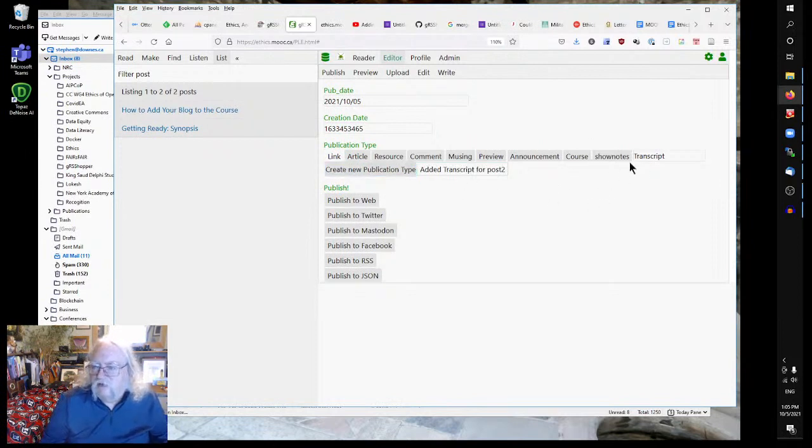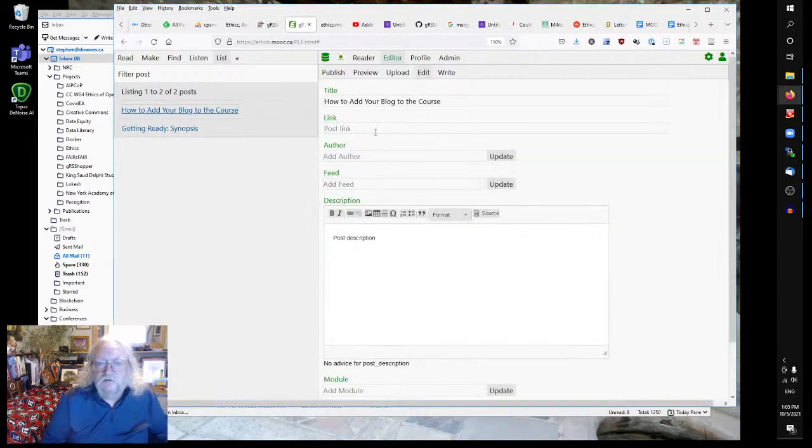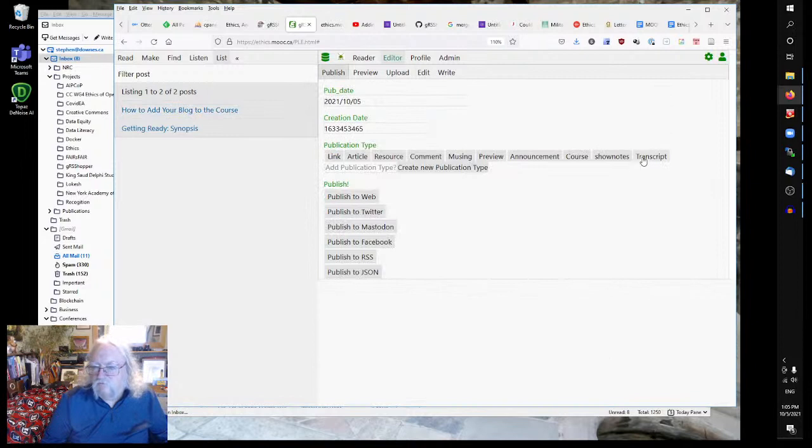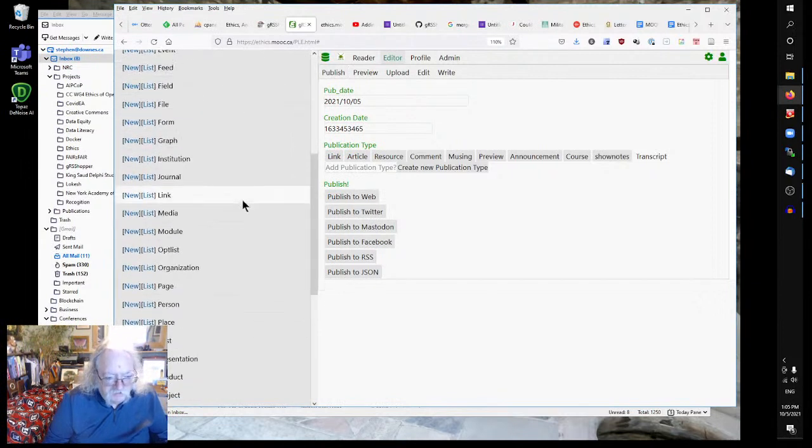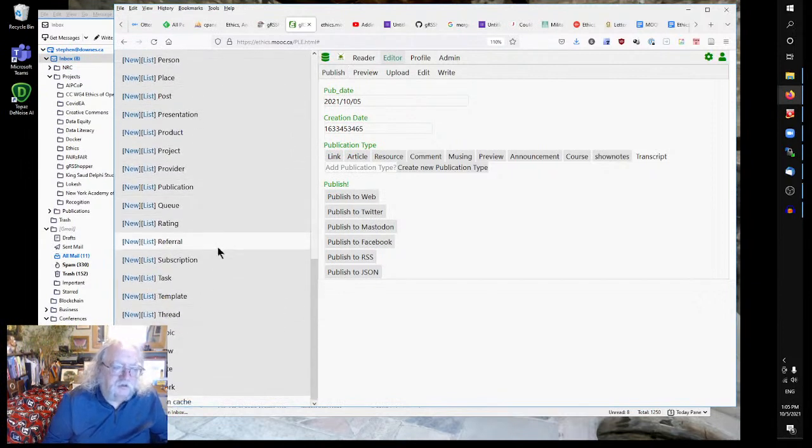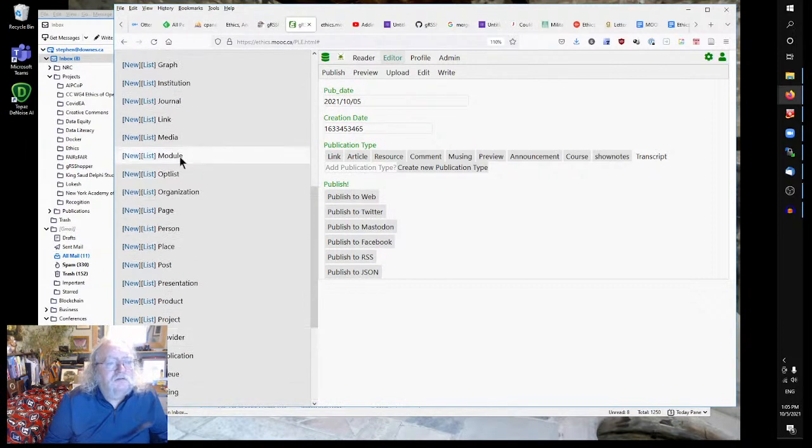So create new publication type. Okay, so we've added transcript. Now the next time we look at this, transcript will be one of the options, and next time I'll just push on the button. Saving this as a transcript is important, because now when the newsletter comes out, list newsletter, or list page rather,